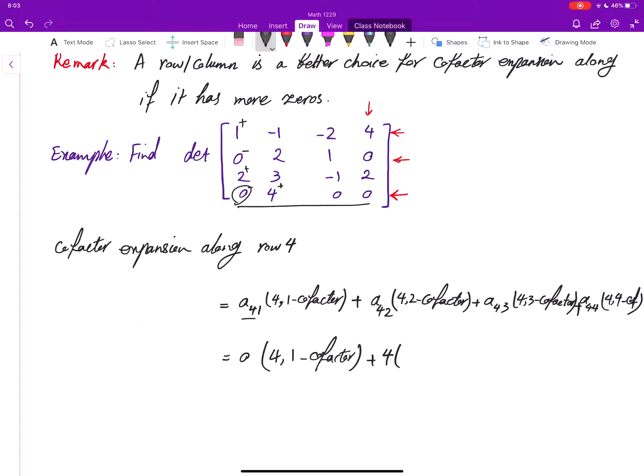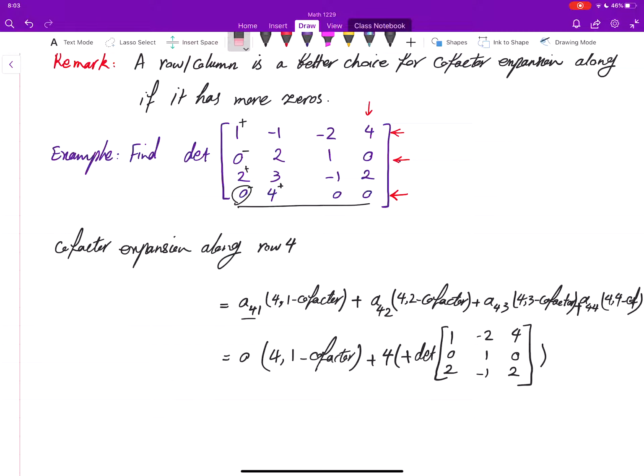For the 42 cofactor we have the sign plus, then the determinant of a 3 by 3 matrix. What is that 3 by 3 matrix? That's the submatrix for 42. So it is 1 0 2, negative 2 4 1, 0 negative 1 2. And then from there, plus,